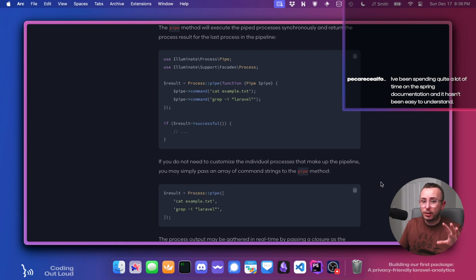I didn't go into the Spring documentation very often, but there were times where I had to understand the switches and stuff, and even that just felt like a chore. I don't know how else to describe it. It felt like a chore, and stuff like that. And it's funny because